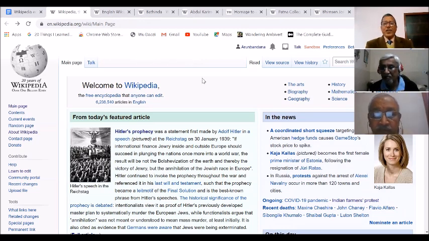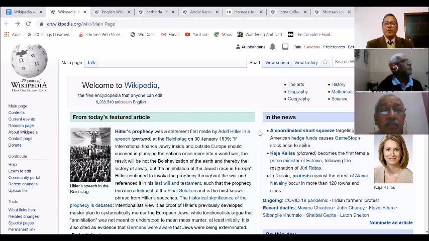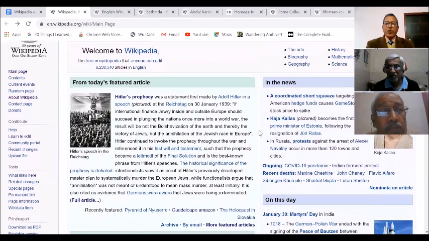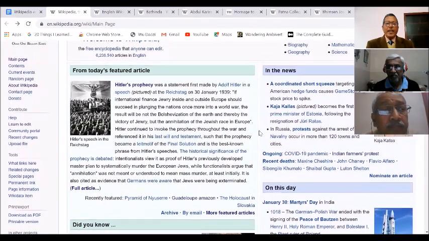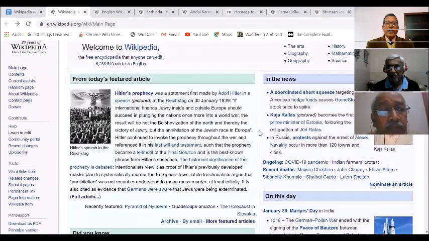So let us start with the main page of English Wikipedia. When you open English Wikipedia, how does the main page appear? My aim is to get you familiar with the main page. Of course, the aim is to give a demo of the editing of the article, but let's have a look at the main page. On this page, as you can see, on the left side, you have today's featured